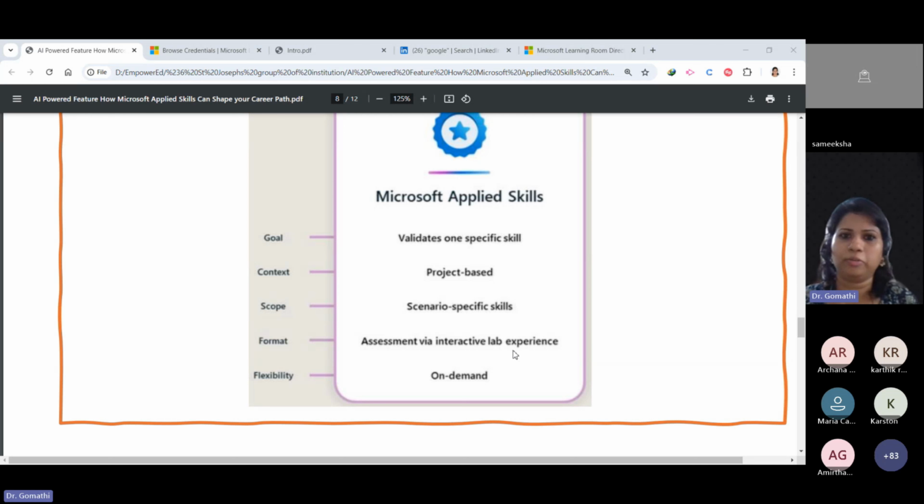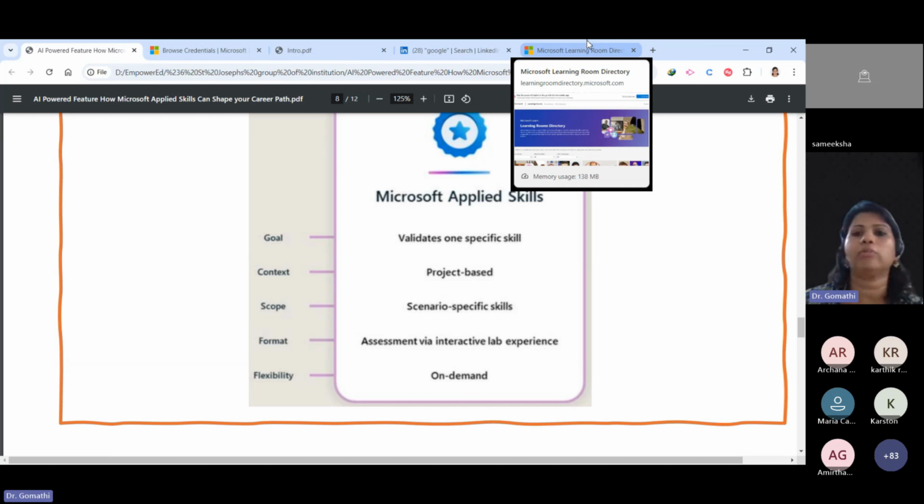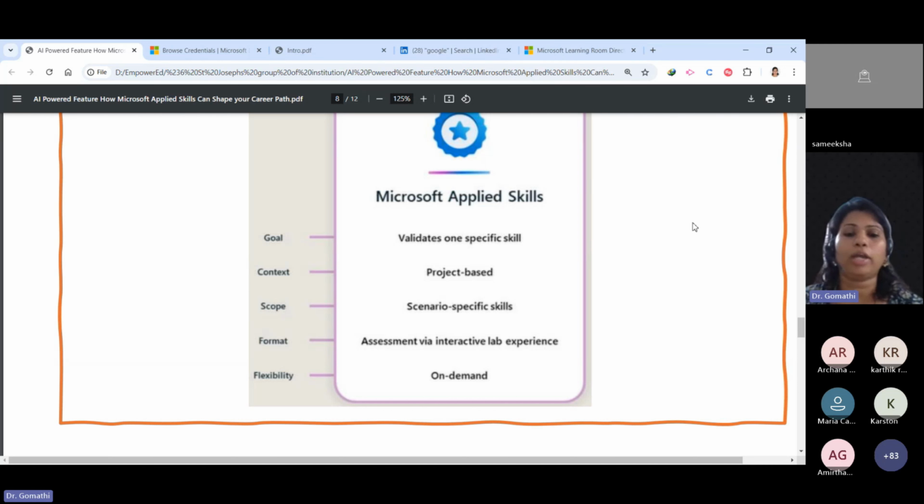That's enough. The goal is to validate a specific skill, and you will have a project by the end. Your scope will be scenario specific. They'll give you some scenario, you only have to worry about that scenario, and for that scenario you have to give a solution.